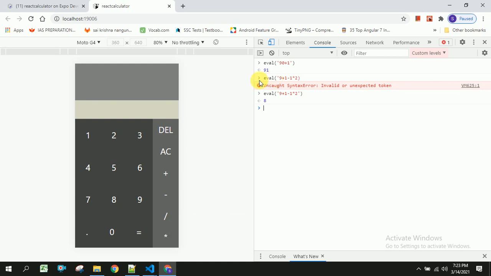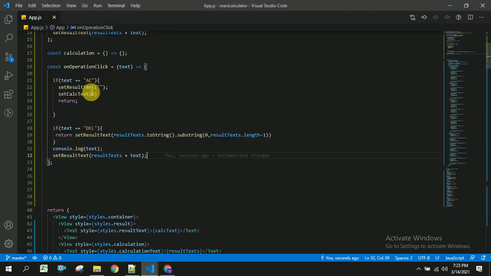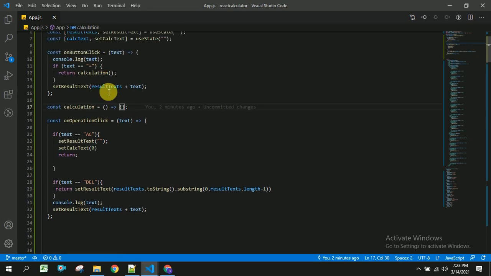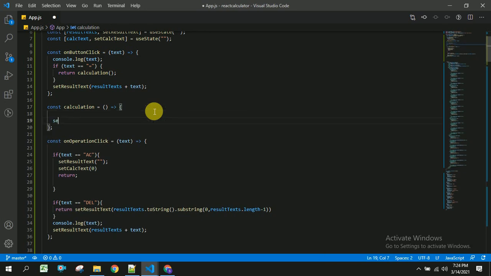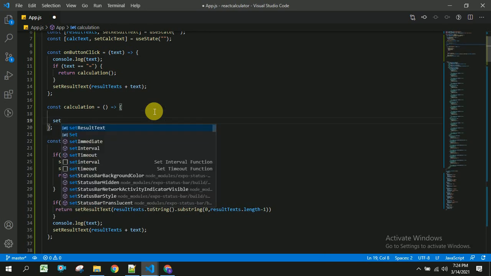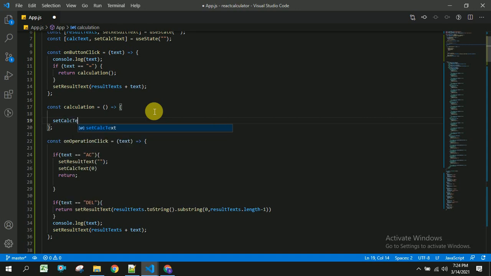And in the same way we are going to use the eval here. Once the user clicks on this equal to symbol, we are calculating the string. So we are going to place set calculation text of eval of the text.